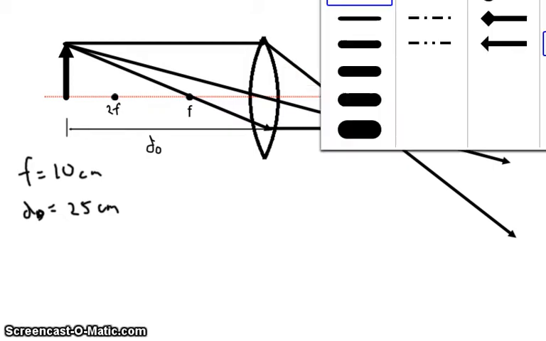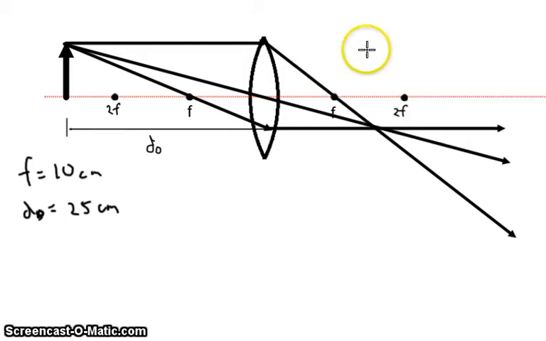So we can go ahead and we can draw in our image. The base of the object is at the optical axis, and so the base of our image is also at the optical axis, which makes this thing look something like that. There is our image. Now we can see that our image has been reduced, it is inverted,